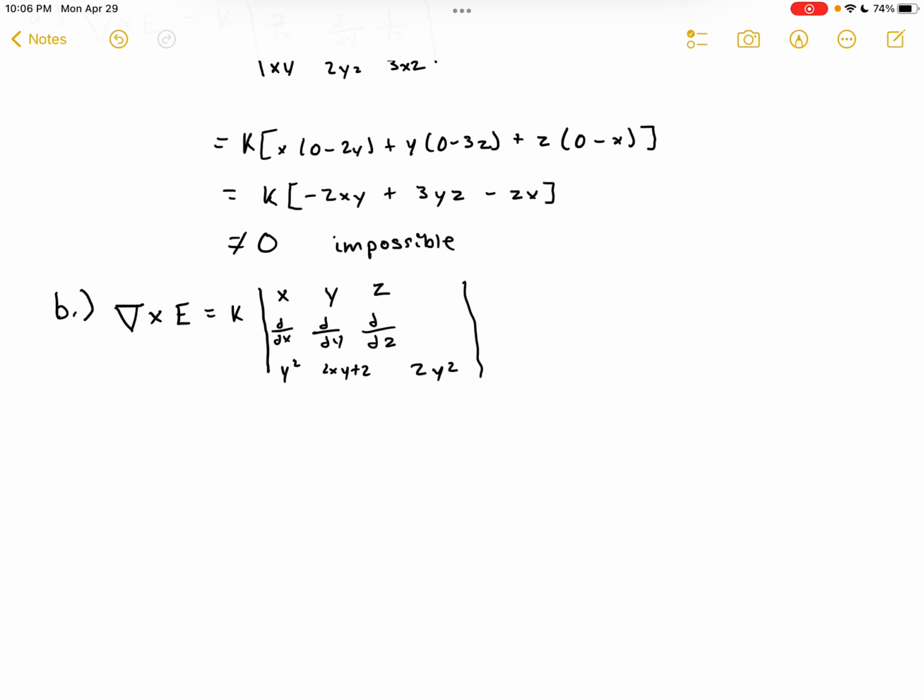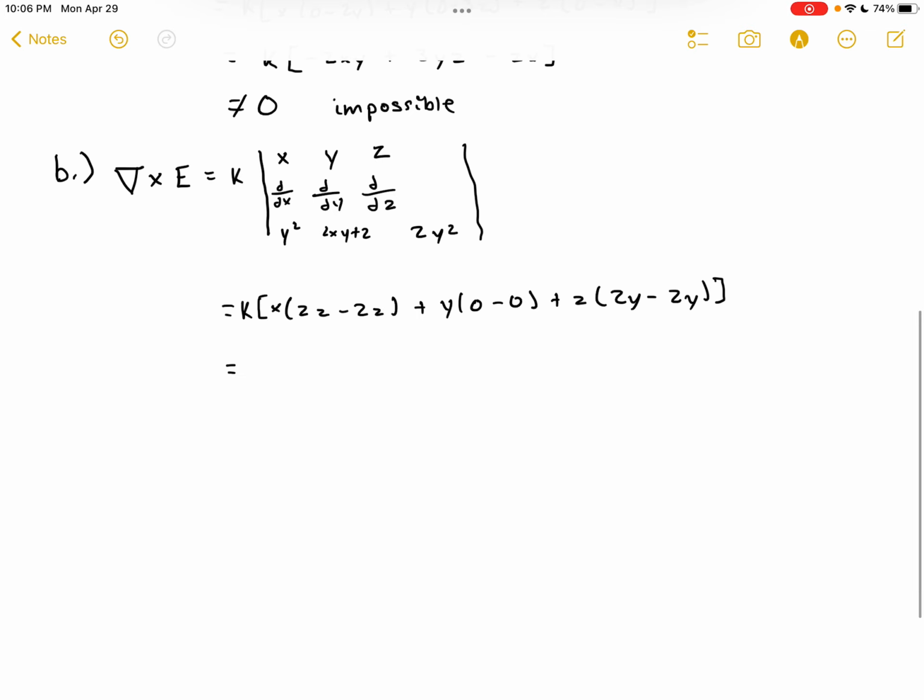That is then equal to K, x: 2z minus 2z, plus y: 0 minus 0, plus z: 2y minus 2y,